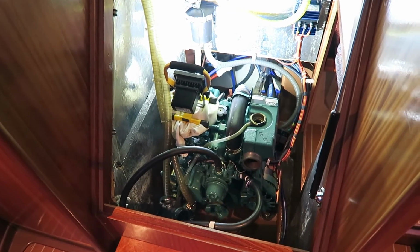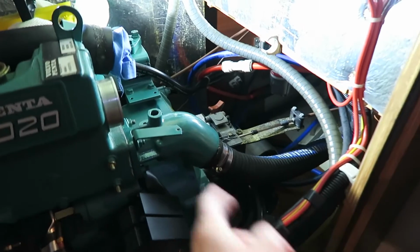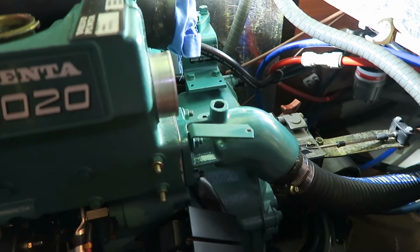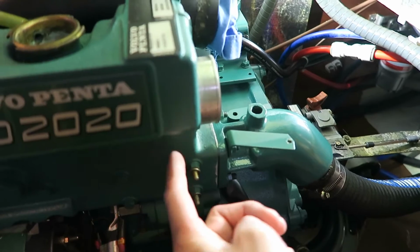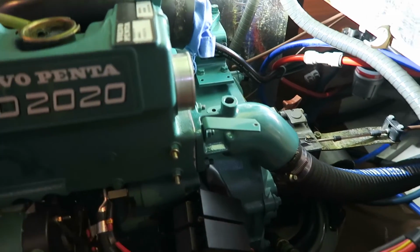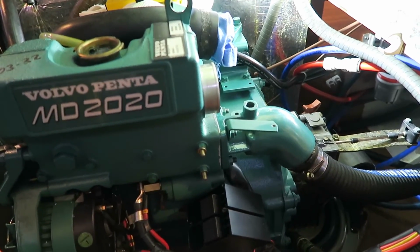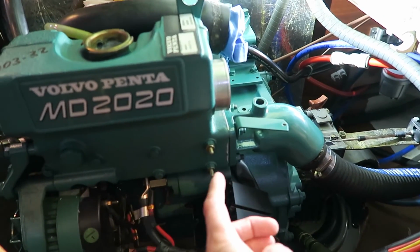In my last video I talked about the exhaust elbow, and another thing with this exhaust elbow is that when you clamp on a stainless steel exhaust elbow, you also have the problem with two different metal qualities, which means you have this block here that is made of aluminium, and the exhaust elbow made of stainless. When you clamp the two metals together, you have a problem, because the lower-worthy metal, or whatever you call it, will disappear first, and when you clamp on a very high quality stainless, then the aluminium will